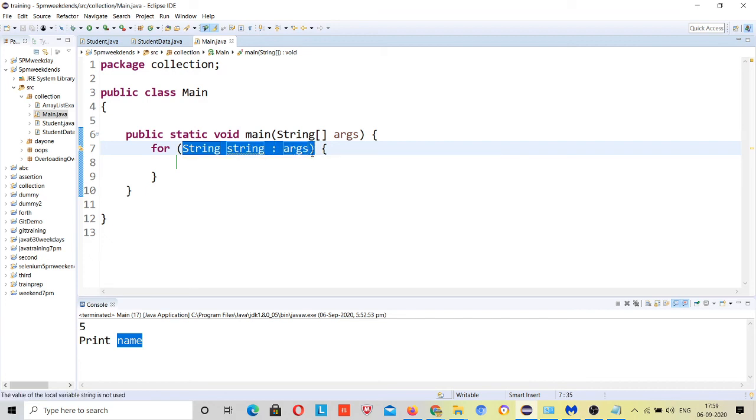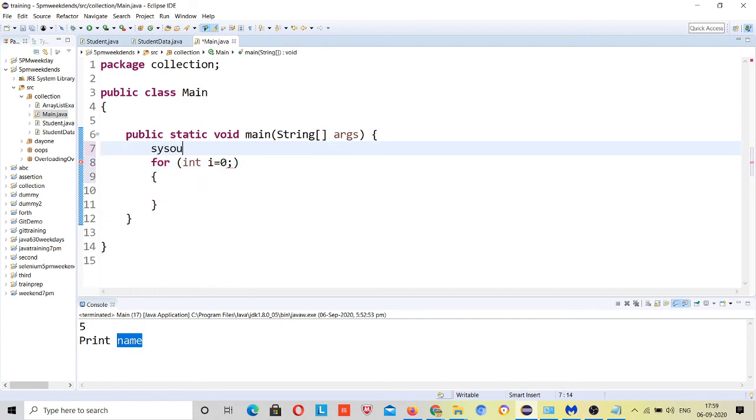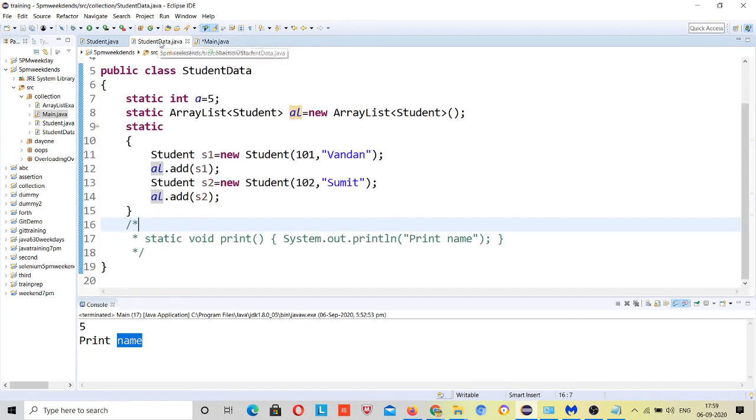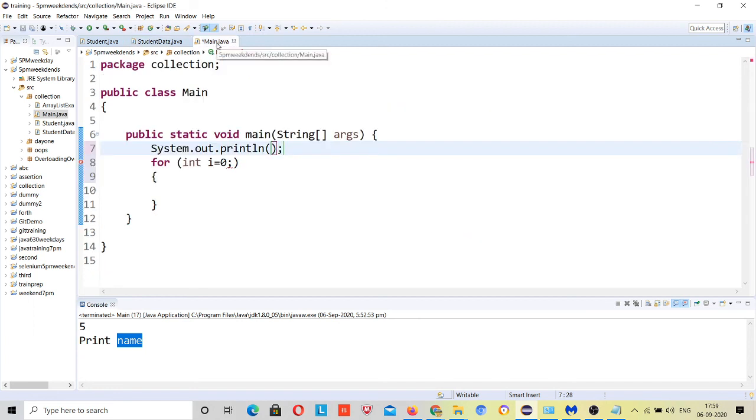Just remove this first. int i is equal to 0, I am using a normal for loop, right? How many times should this loop run? First we need to understand how many times this should run, based on the array list. But how can I get this variable inside this class, because we haven't extended it, right?